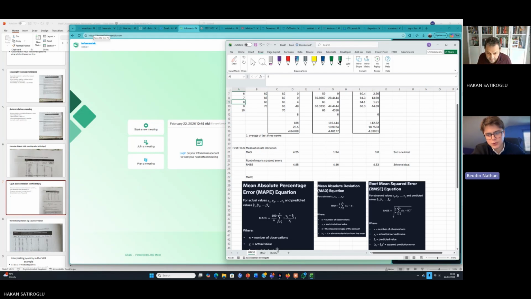To be honest, intuitively I would have thought that percentage is easier to understand than absolute value, because we know it's a percentage of error, so it makes more sense. Maybe you may prefer that one, but try all of them and see the difference between them. So okay, this is the